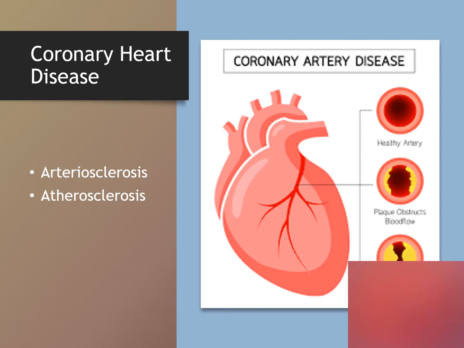Symptoms: CHD is usually asymptomatic until the tissue's blood supply is reduced by at least 50%. At that point, we can see stable angina, unstable angina, MI, and sudden cardiac death. We treat this with diet therapy, drug therapy, a reduction of modifiable risk factors such as smoking cessation, weight reduction,